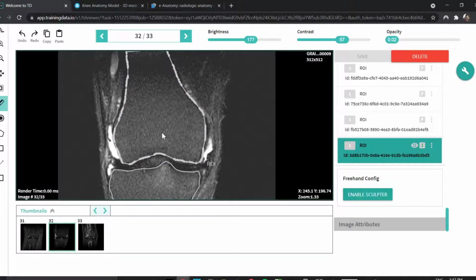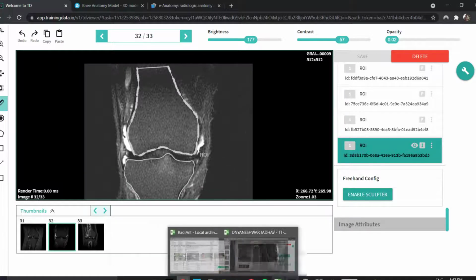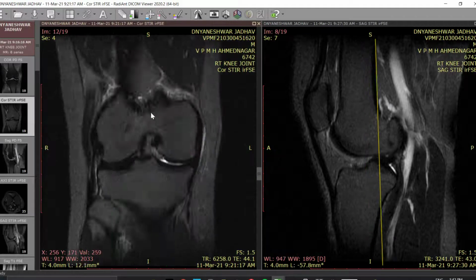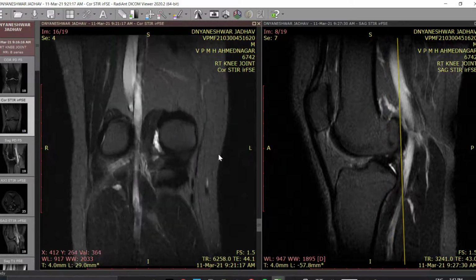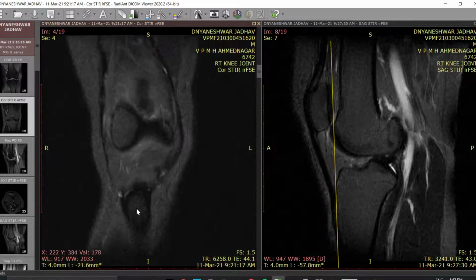Again, these are just images from the center of the knee. All right, I'll show you. We're gonna have images where we're gonna have to do this also. So as you go from front to back, you will know that first there is kneecap. Then when you see two bones like this, you have to start annotating. You have to start drawing the line like this.